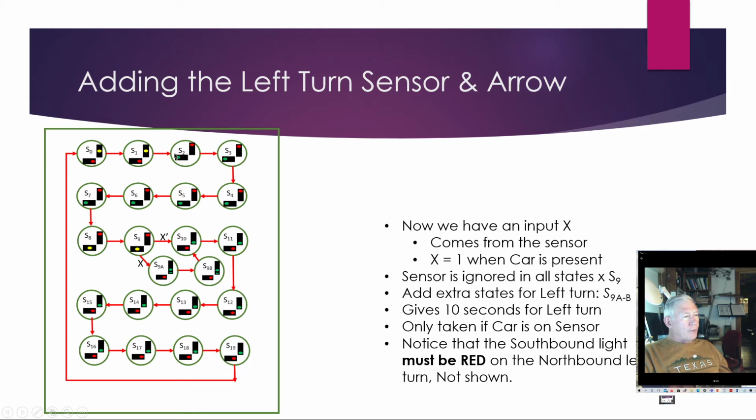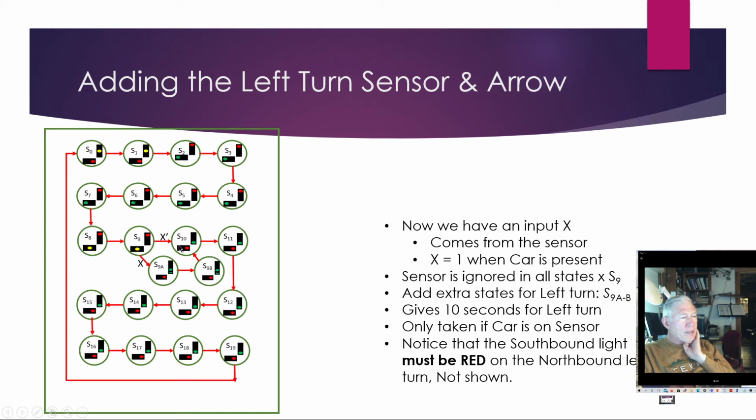So right now we have east-west traffic, then we go yellow for east-west, and then in our last east-west yellow state, before we go to the next state, we check x, and if x is 1, then we're going to go down here to 9A and then later on to 9B, and that's going to give 10 seconds of left turn arrow. And then we go to S10. Turn off the left turn arrow, and now we're just green for east-west, and we do that for 50 seconds